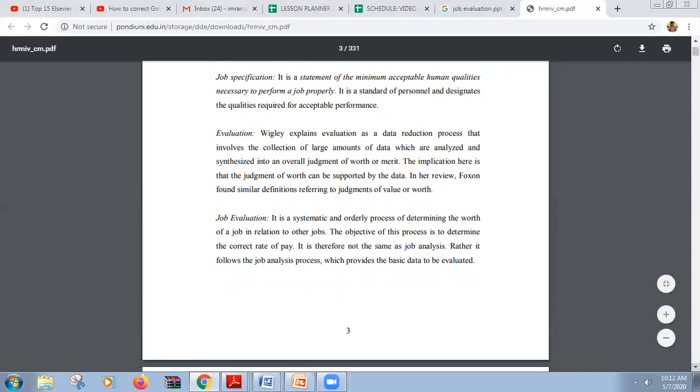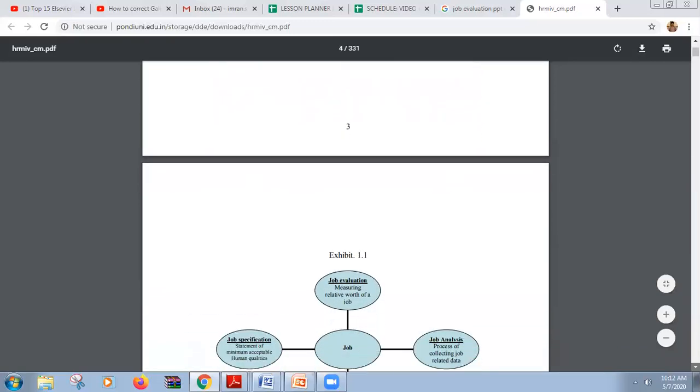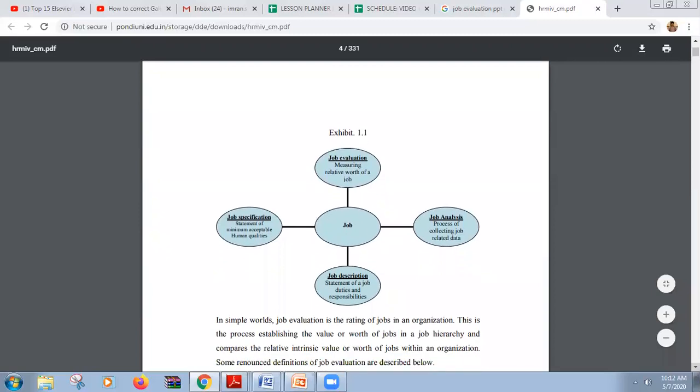So first of all, we need a particular job. For example, we have to ascertain how much time this drilling job will take. So we first bring a good worker whose efficiency is proven in the drilling shop. We give him the job and let him perform it, and his micro movements are recorded. This is the structure of job evaluation.